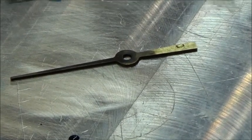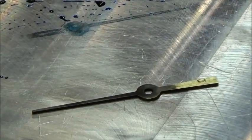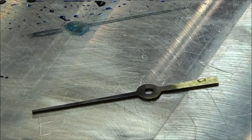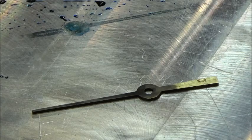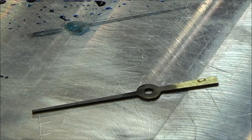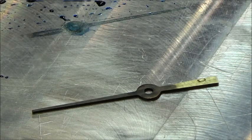Did turn it black. I think with some lacquer or something, that would come out quite shiny black. So I think it's something that's going to work. I'm going to go ahead and at least get this hand and the hour hand black, and put them back on the clock in this condition, without being waxed or polished or lacquered or anything, and see how they stand out against the dials,